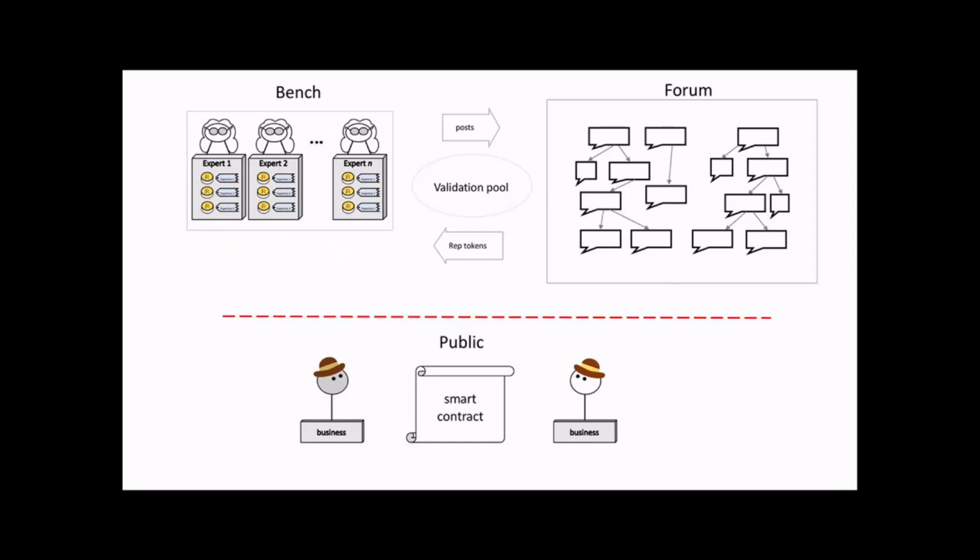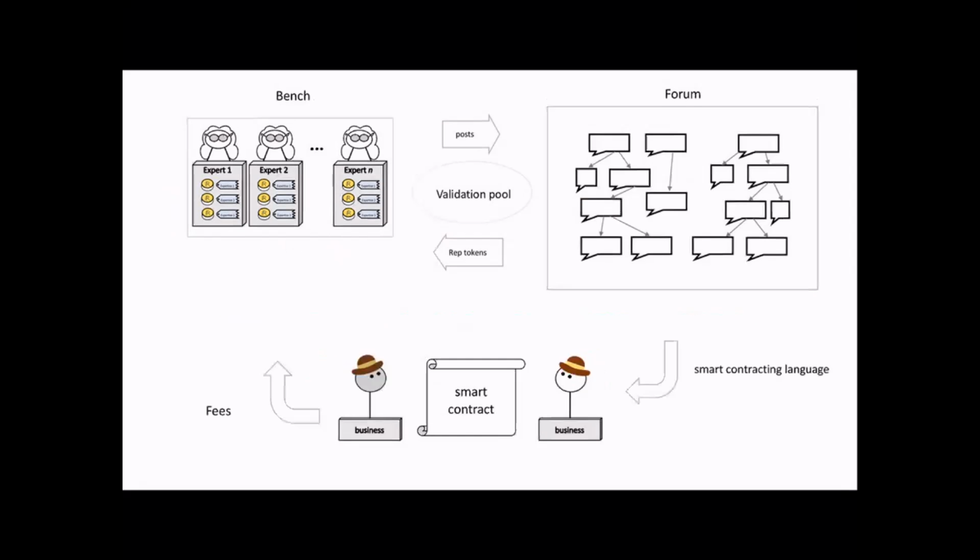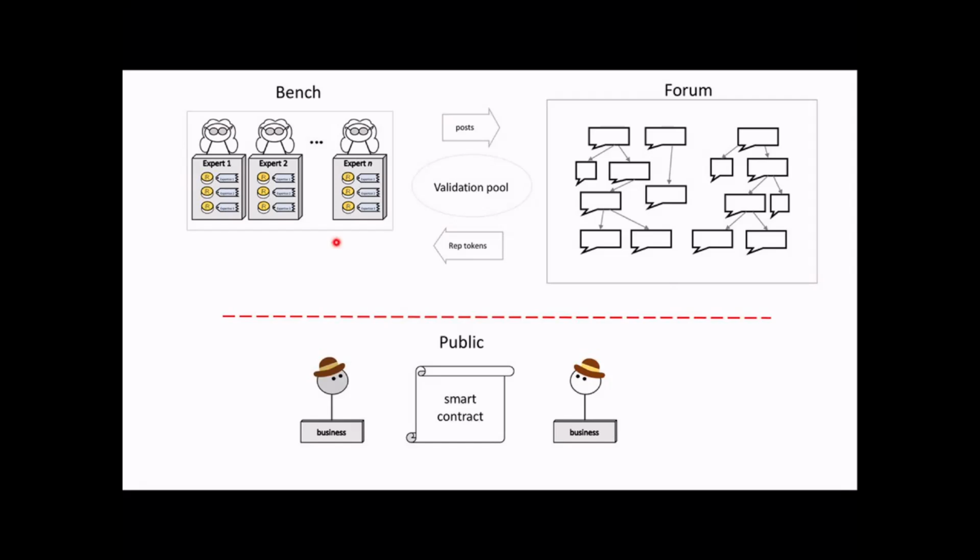And so what is the system here? Yeah, go ahead. So Professor, when we say DAO, let's take an example of the chit fund as a DAO, right? So when we have the DAO in place, the bench you're talking about, with different expertise 1, 2, and 3, how do they get the reputation tokens in that example? Like we have the DAO, we release it to the market, and you can use the DAO and create your own chit fund, and I can use the DAO and create my own chit fund. So how do we contribute, and how does the forum help to get the reputation tokens for the DAOs?